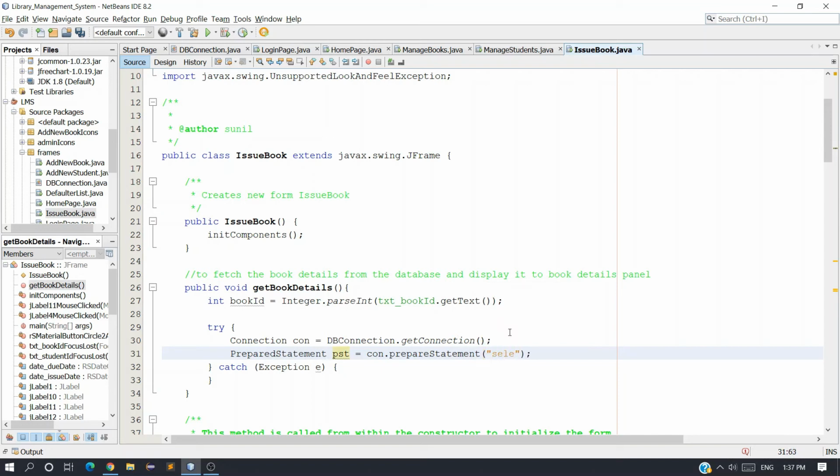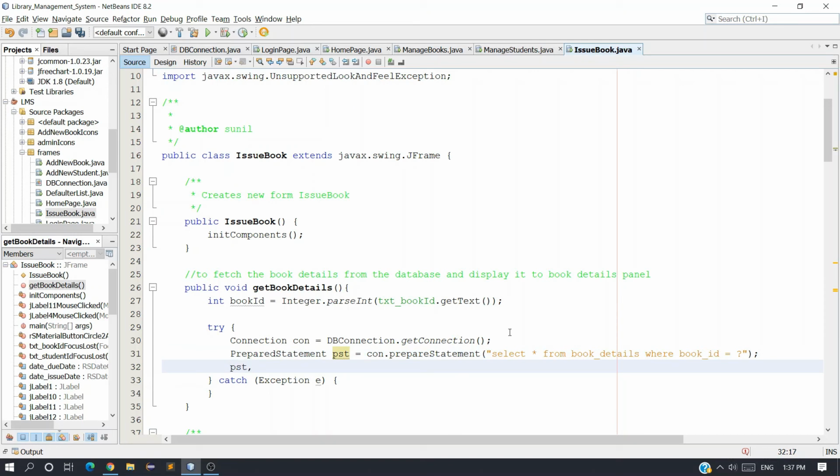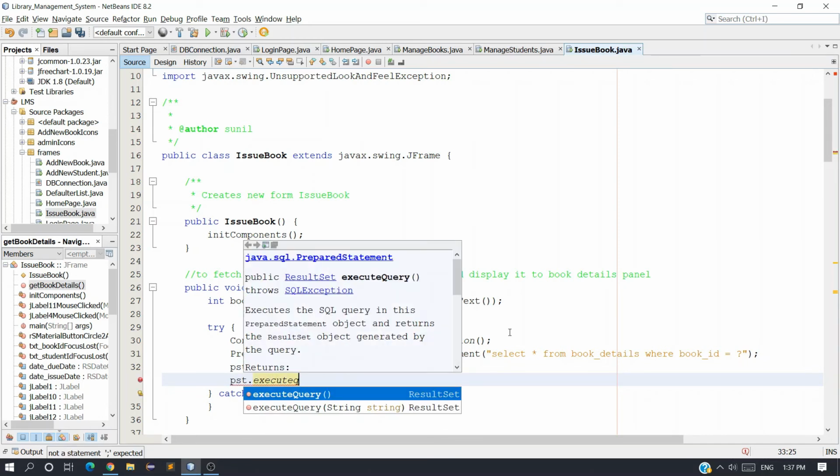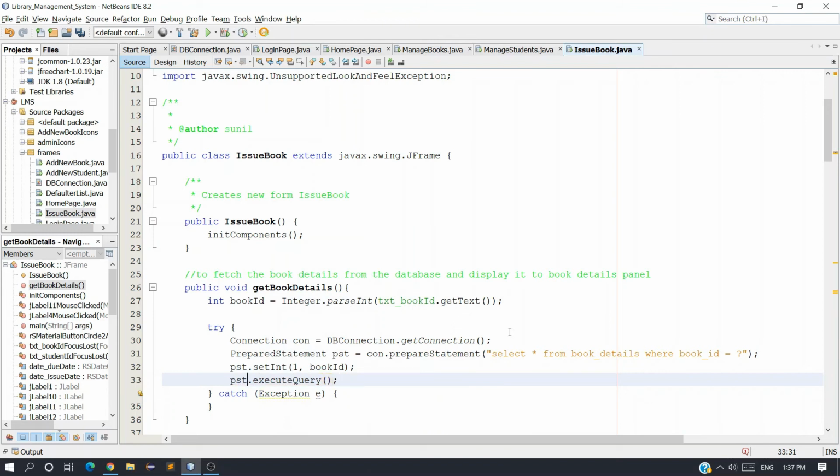So select star from book_details where book_id is equal to question mark, and let me just set the placeholder value, so 1, and value is bookId. Now let me just execute the query, executeQuery, because it is a select statement, and it will return a result set.